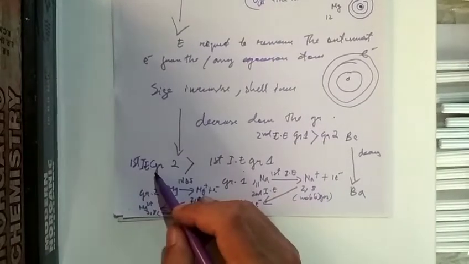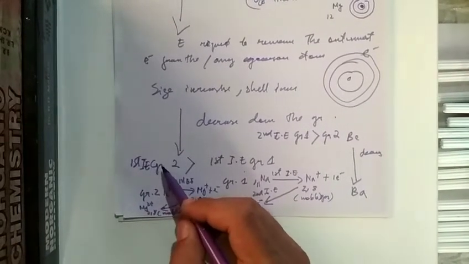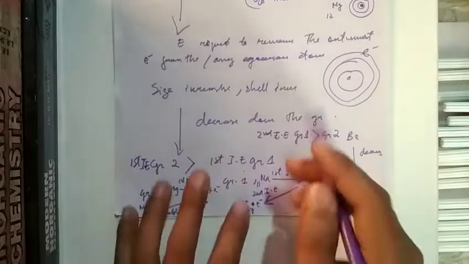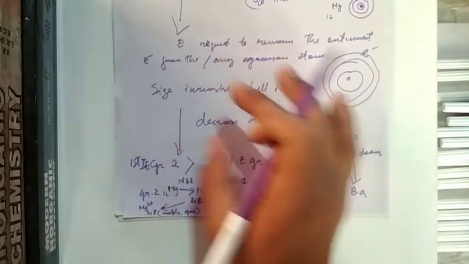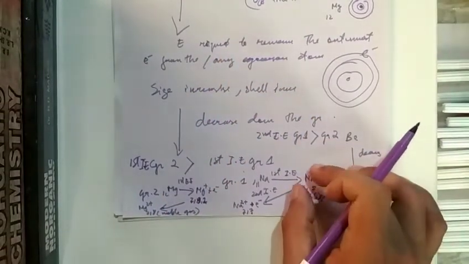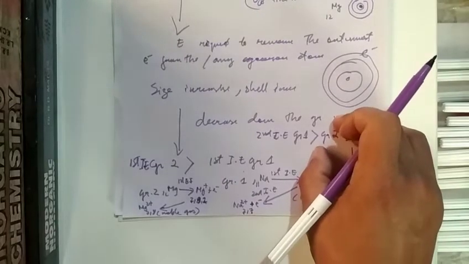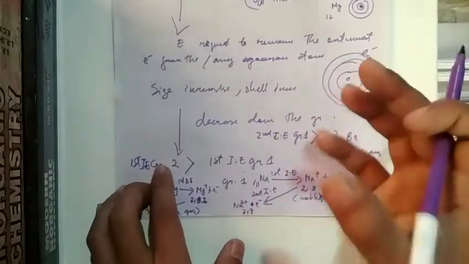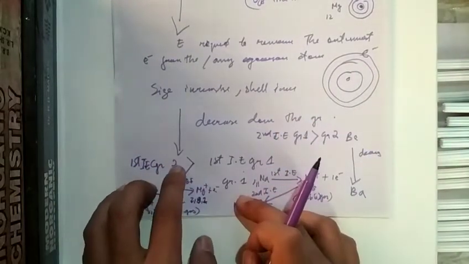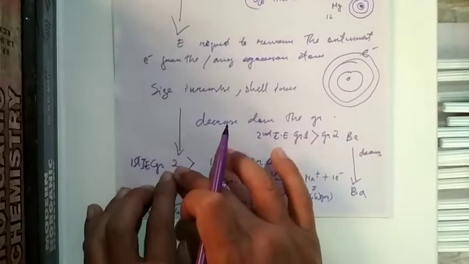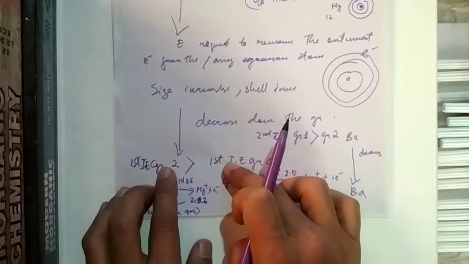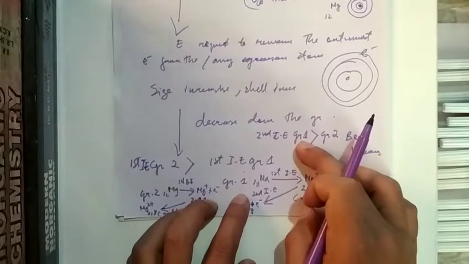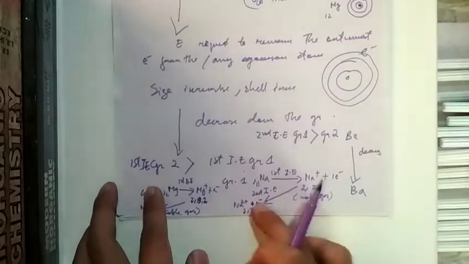Another reason for the first ionization enthalpy being greater than group 1: we have discussed that group 1 elements are bigger than group 2 elements. So the smaller the element, the higher the ionization enthalpy. From that point also, we can understand the first ionization will always be greater for group 2 than group 1. But for the second, group 1 was greater than group 2. We have discussed here.